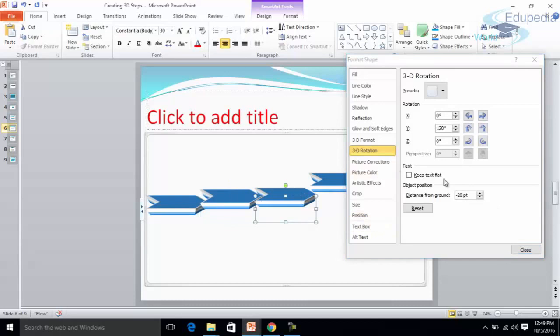Let's try to enter a multiple of 15 this time, and that would become 30. For this figure it's 45.